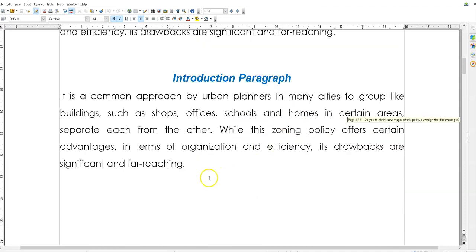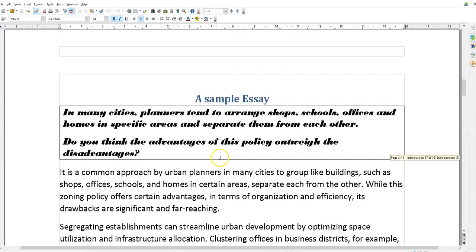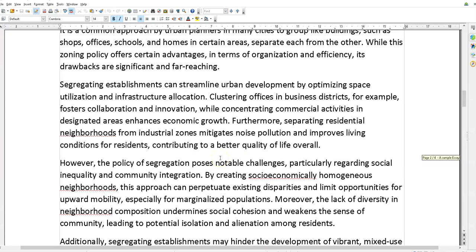Introduction. It's a common approach by urban planners in many cities to group like buildings such as shops, offices, schools and homes in certain areas, separate each from the other. While this zoning policy offers certain advantages in terms of organisation and efficiency, its drawbacks are significant and far-reaching. Okay, now, I'm not going to read it all out. I'll put it all on the screen so you can see it later on, but what I talk about here,